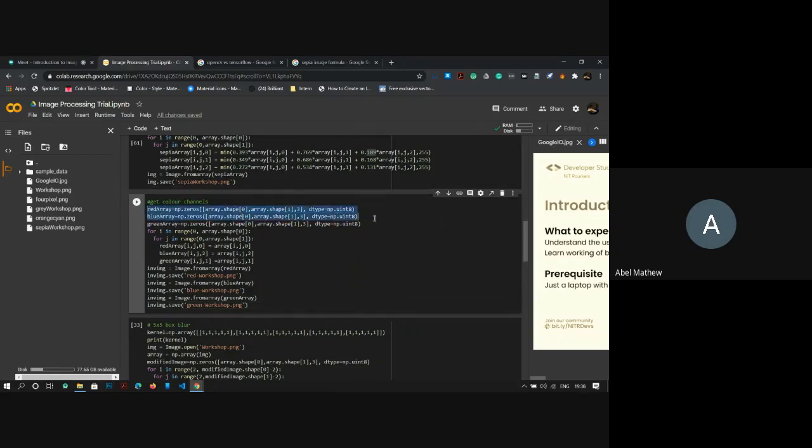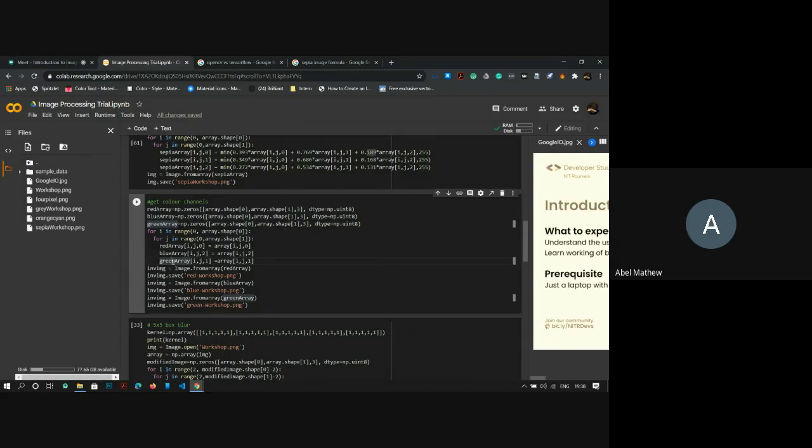So I have created 3 arrays. Once again, wasting the space just to show the concept. Things can be optimized. Okay. One to show how it looks in the red channel, one to show in the blue channel, and one to show in the green channel. Okay. What I'm doing is, we have the original image. I'm storing the red part in the red array, the blue part in the blue array, the green part in the green array. Very basics.